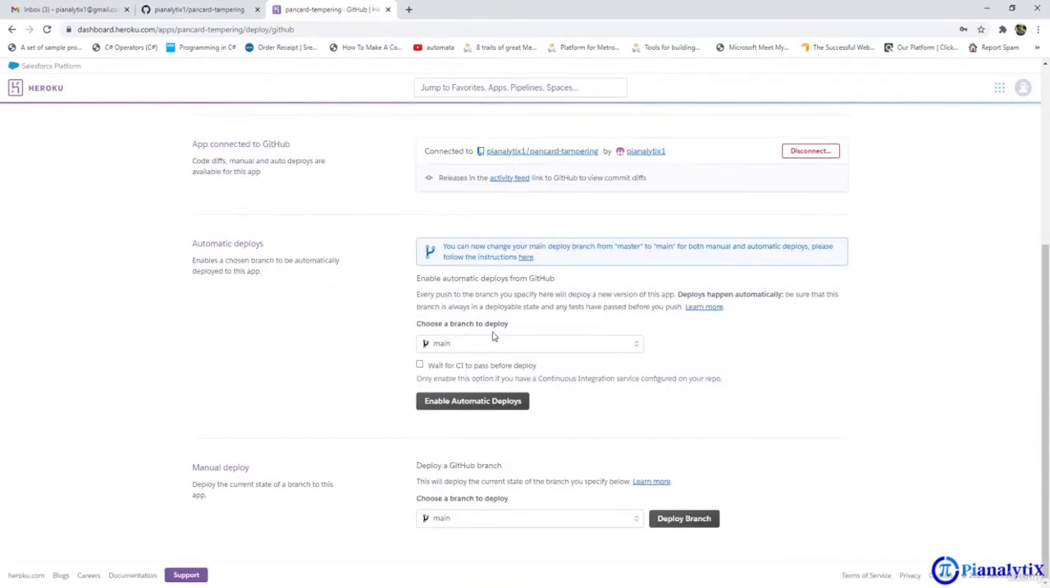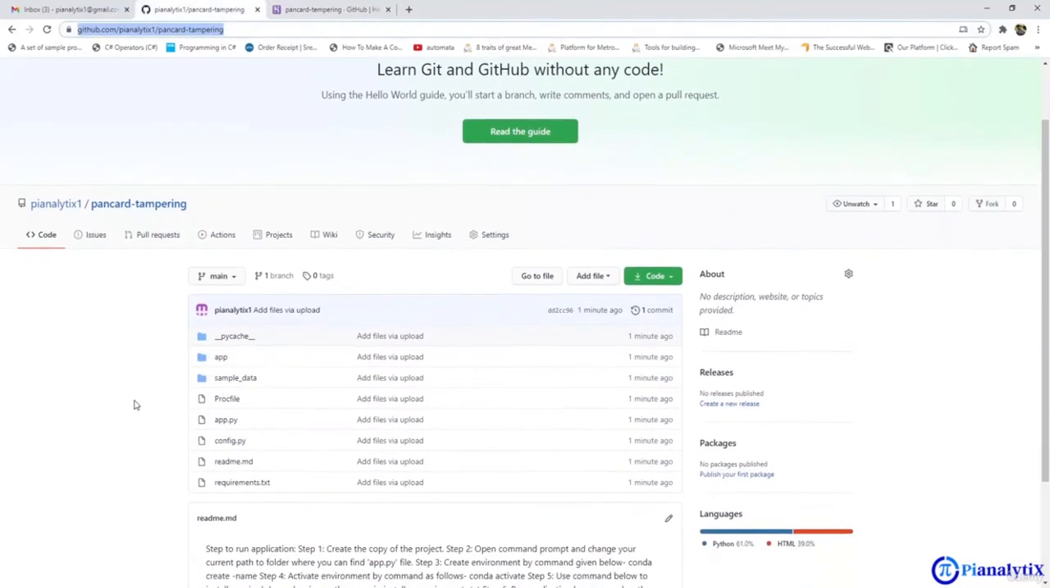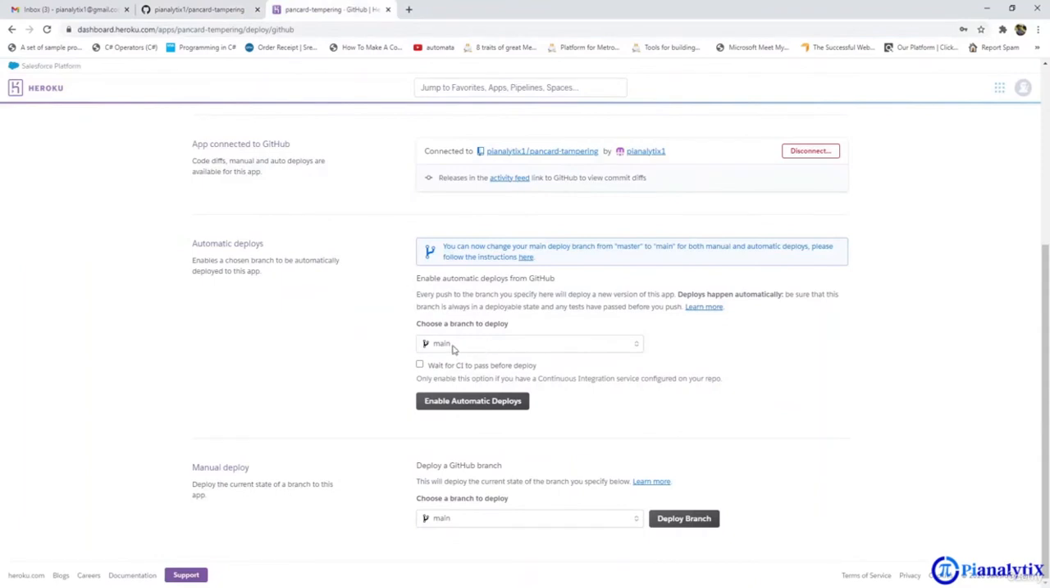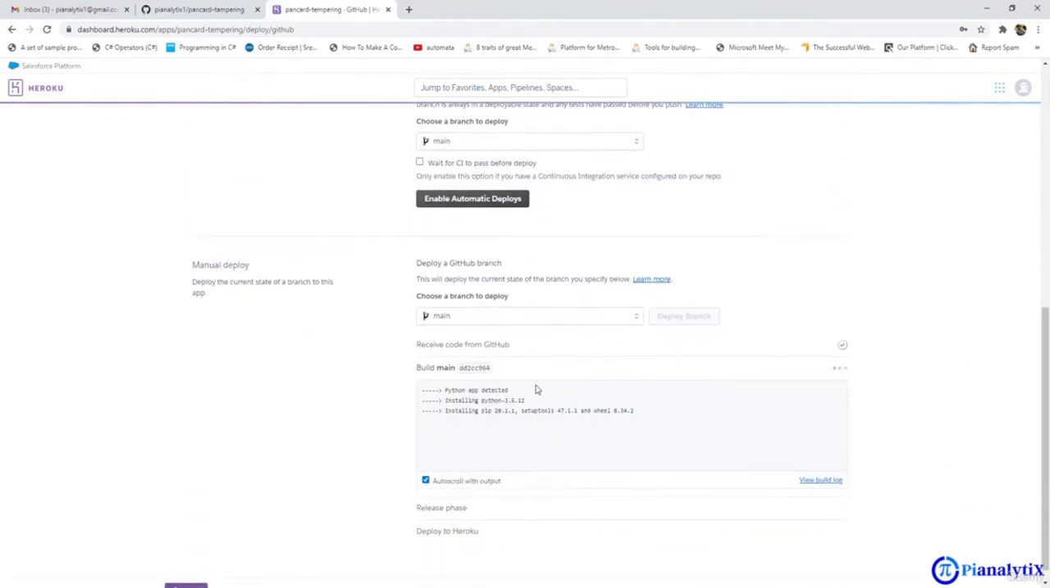We need to choose a branch to deploy. Here all of our project is saved in the main branch, as you can see here. So we'll select the main branch here and we will deploy this branch. As soon as we click on deploy this branch, it will start downloading the dependencies for this project. As you can see here, it already detected it as a Python app and it's installing all the required dependencies,